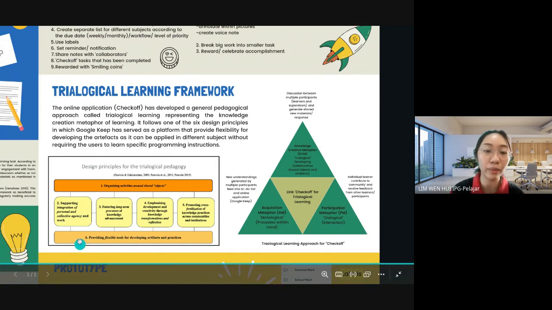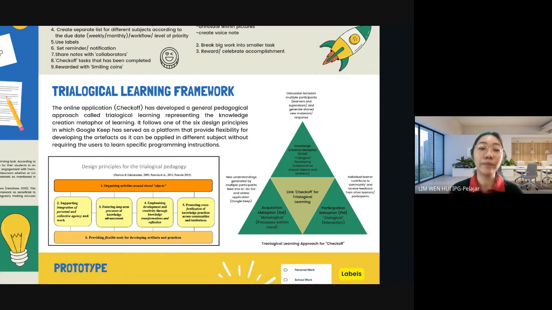In Google Keep, the design principle that I follow is number 6, providing flexible tools for developing artifacts and practices. So Google Keep has served as a platform that provides flexibility for developing the artifacts, as it can be applied in different subjects without requiring the users to learn specific programming instructions.